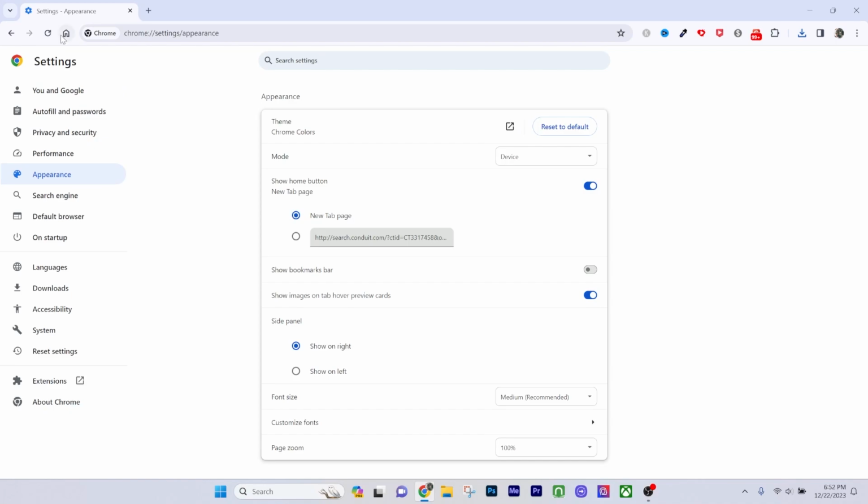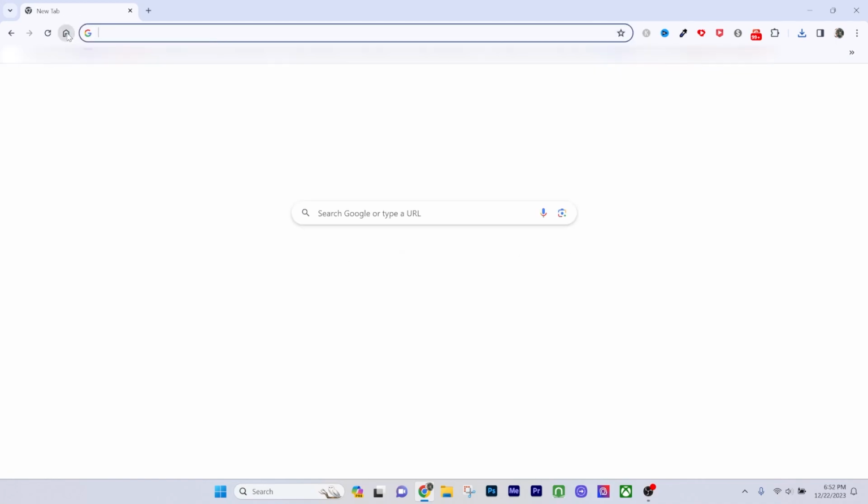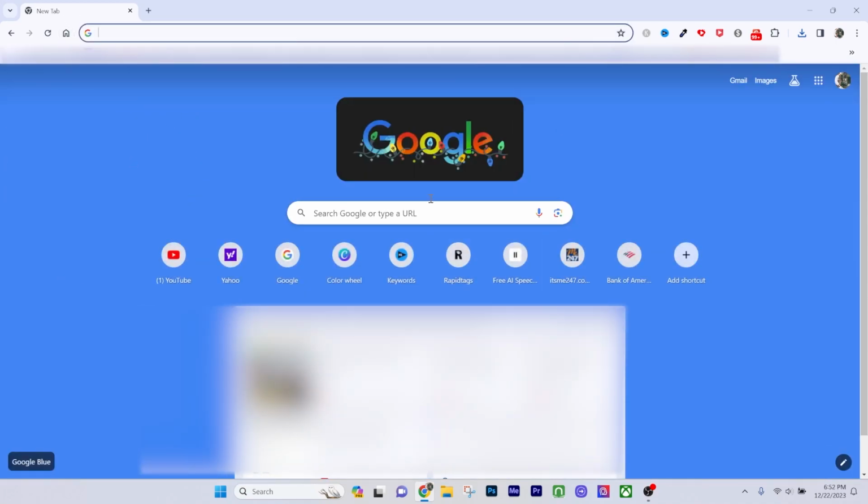Okay, once that happens, you should be able to see this home button here and just click on it, and that would always take you back to the home page, which is obviously Google, your default page. And then you should be able to see the symbol here. So you want to go here